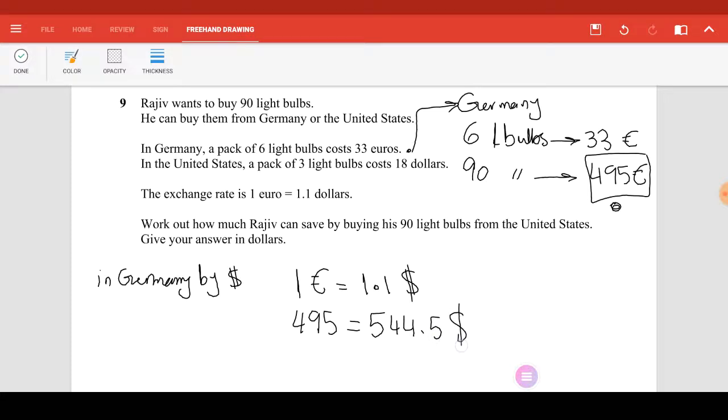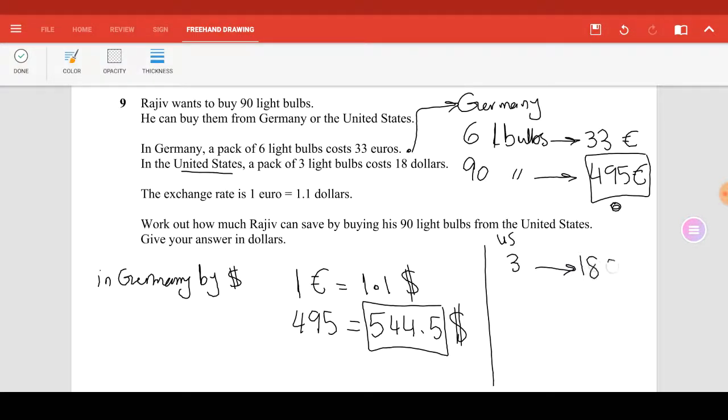544.5 dollars. Now this price you will compare to the price in the United States. You will do the same. In the United States, 3 light bulbs cost $18. So what about 90? The answer will be 18 multiply 30 equals